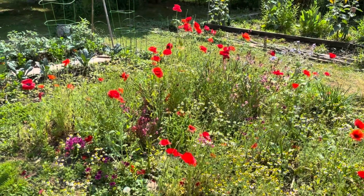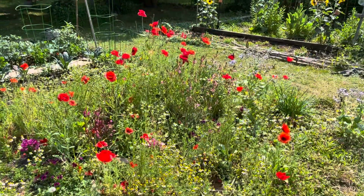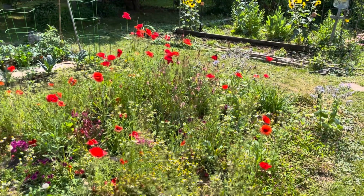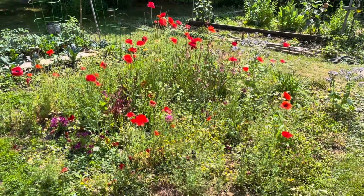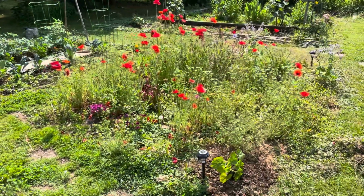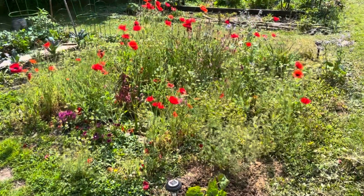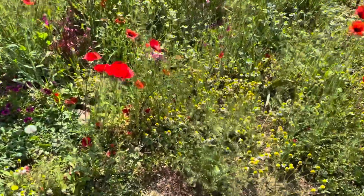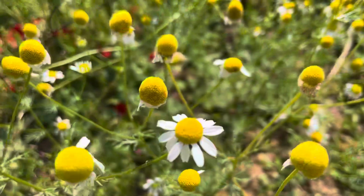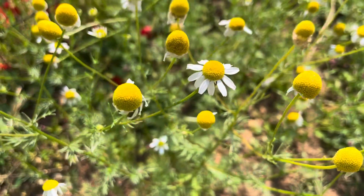Okay, so June 19th, 2023, another little corner of the garden. This is the section of the garden that's going to be in the red and pink family, as you can see. Right now it's pretty packed with chamomile, which doesn't open until, I don't know if it's when it warms up